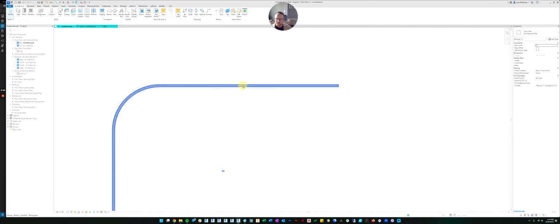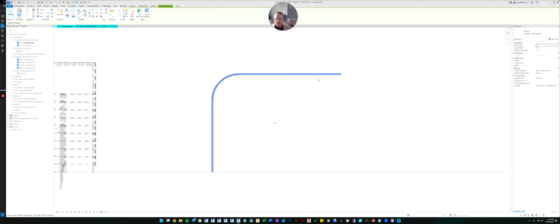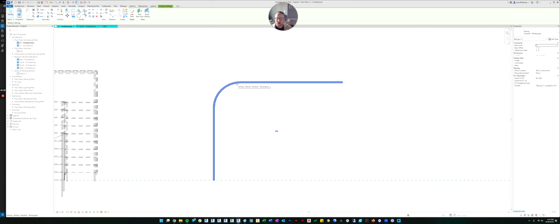Another thing that might be helpful is you can do an offset. Some railings, it puts the line you draw right in the middle of the railing, but other railings are offset from that line that you draw. And so you can correct it by clicking on the railing and going over here and you can change the offset. So if we want it to be 1 foot from where I drew the line, I can click that and it moves it 1 foot. It's hard to see because we didn't have any reference point, but it moved it 1 foot offset.